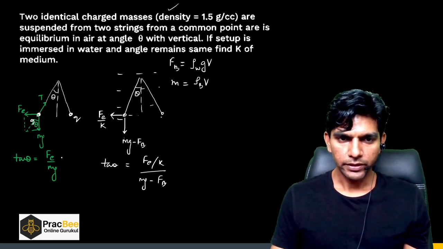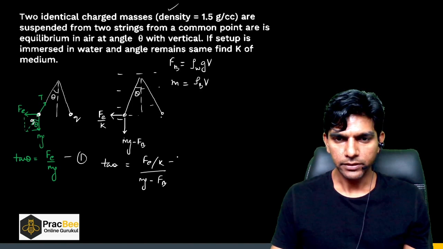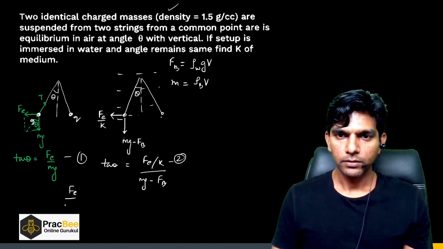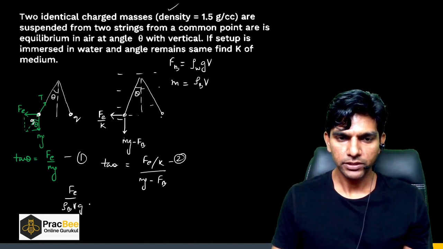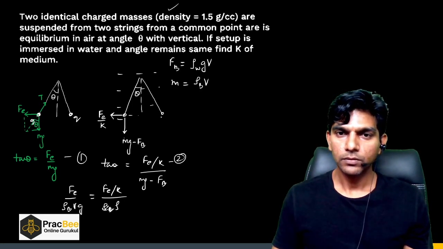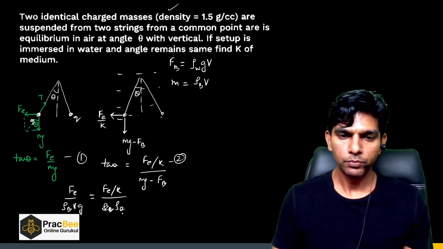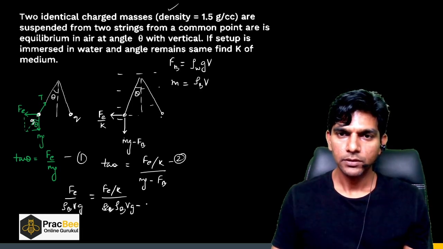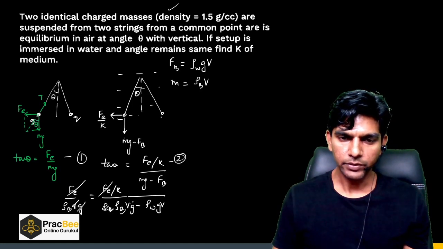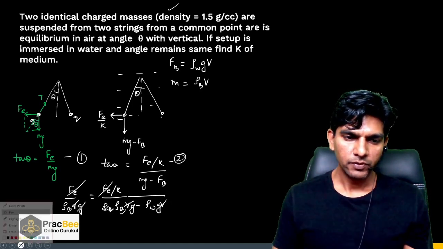So if we equate first and the second, we can say Fe by rho B Vg should be equal to Fe by K divided by rho B. Sorry, not rho, it will be rho B Vg minus rho W Vg. So from here, Fe will get eliminated, even Vg will get eliminated, right? So we will get,